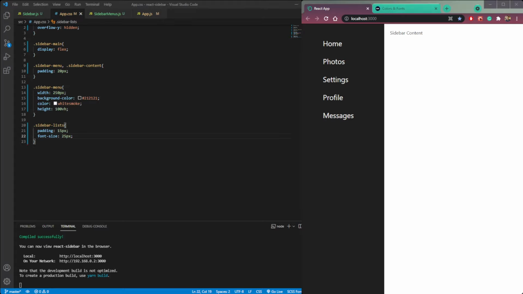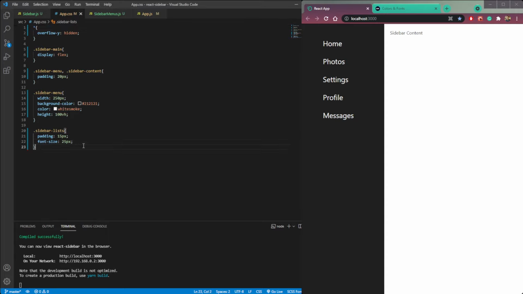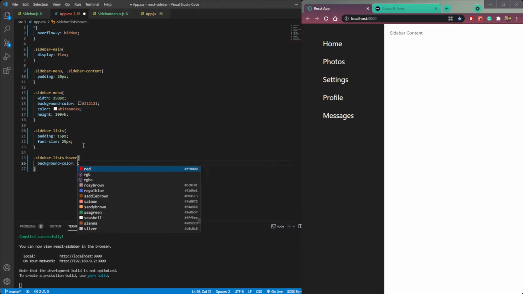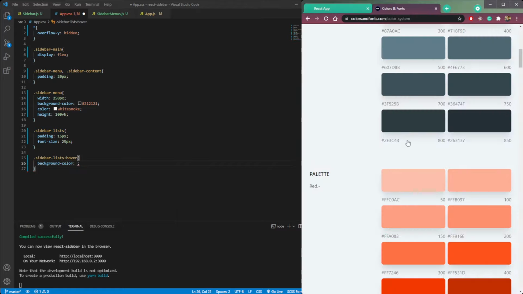Now let's create a hover effect. So whenever we hover on these items, it will change color. So sidebar list, and then give it a hover. We can say background color of, let's choose a color.